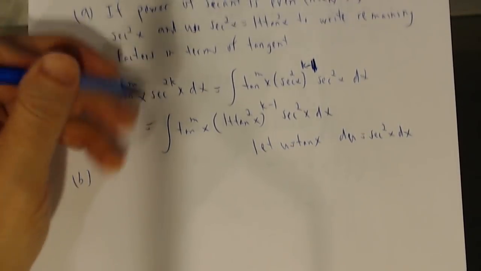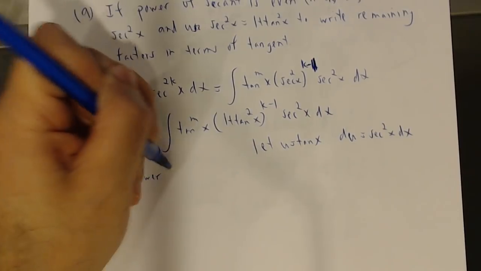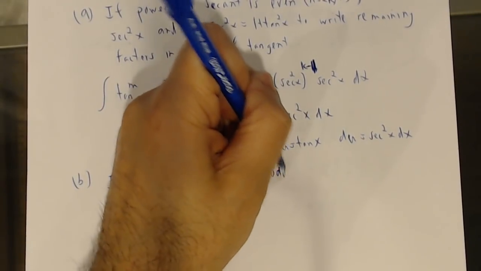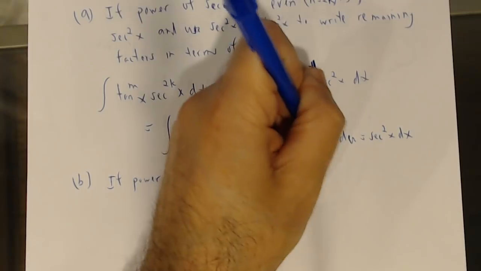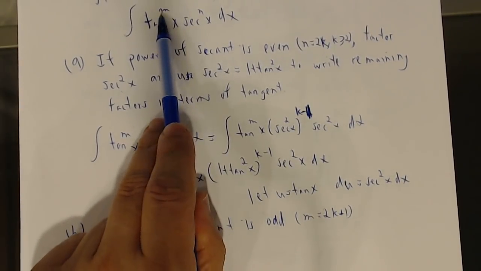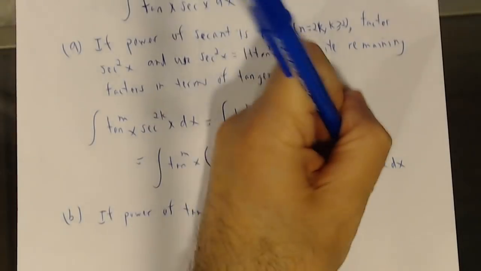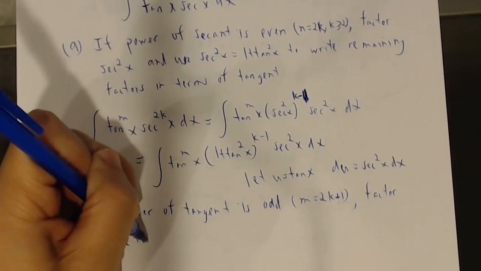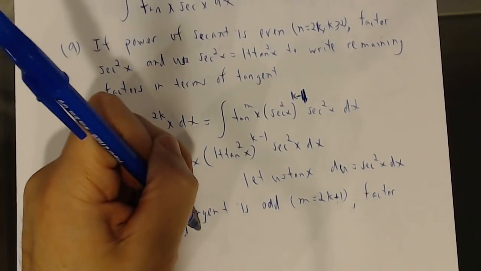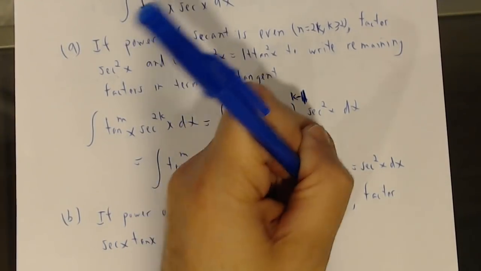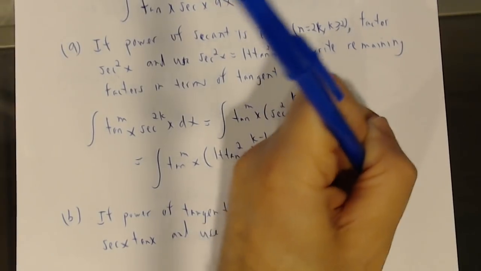Now, if the power of tangent is odd, so what we're saying is if m equals 2k plus 1, that means the power of tangent up here, which we're calling m, is odd. Then we're going to factor out a secant x tangent x and use your trig identity, which is tangent squared x equals secant squared x minus 1, to write the remaining factors